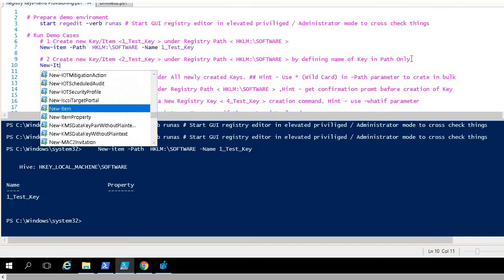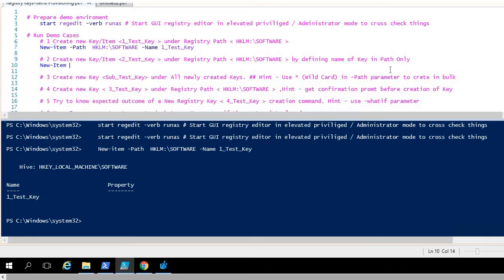New-Item, and let me copy the path from here. Its path is this one, and let me copy this path from here.